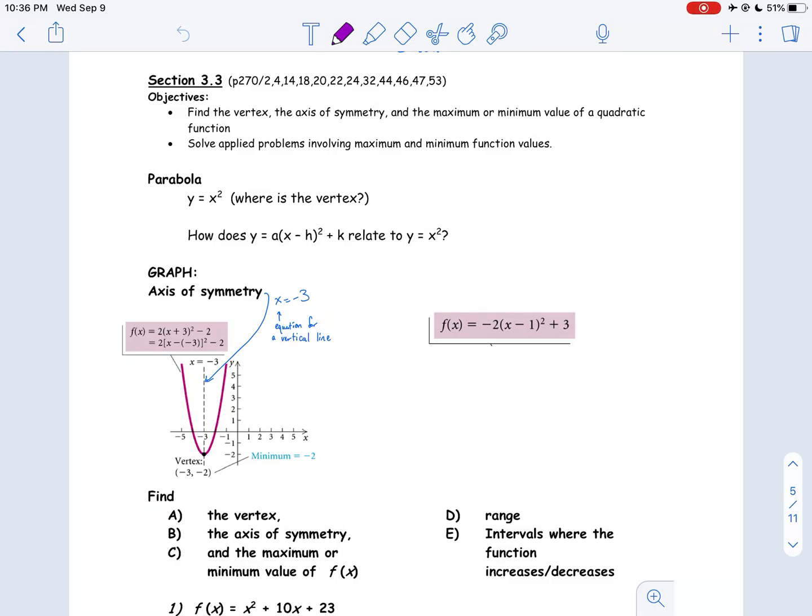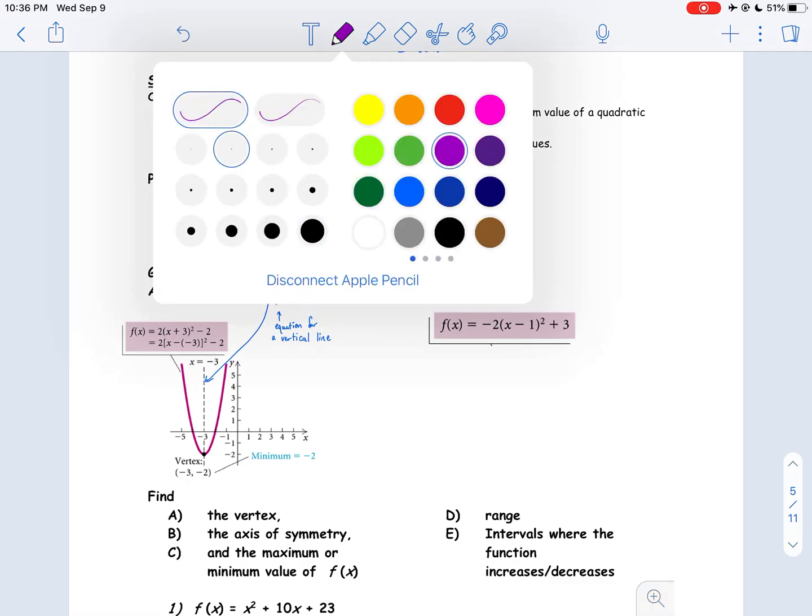In section 3, we're going to take a look at graphing parabolas or graphing quadratics. We tend to call it a quadratic equation and talk about it in terms of quadratic, but when we talk about the shape of the graph, we tend to call it a parabola. So again, parabola equations when you have an x squared involved. The vertex, okay,